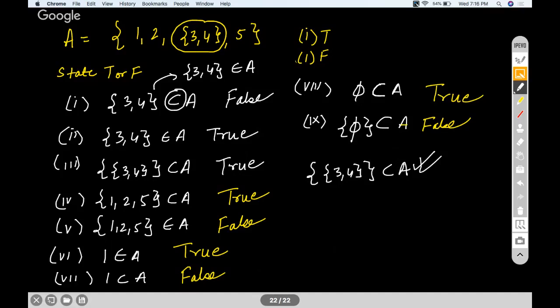Venkat, I think you interchanged the answer. Eighth is true and ninth is false. Okay, let's move on to the next question. Write the set builder form for set A which contains